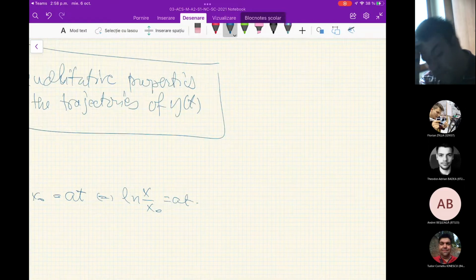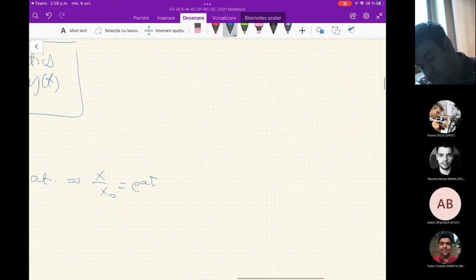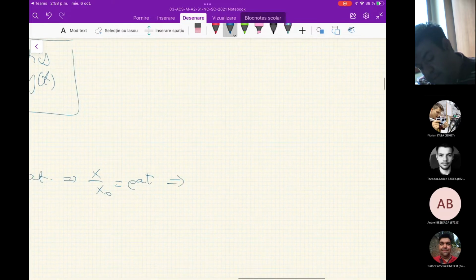So you can apply the exponential function over all this, and you get x over x0 is e to the power at, which means that x of t, the free solution of this equation, is x0